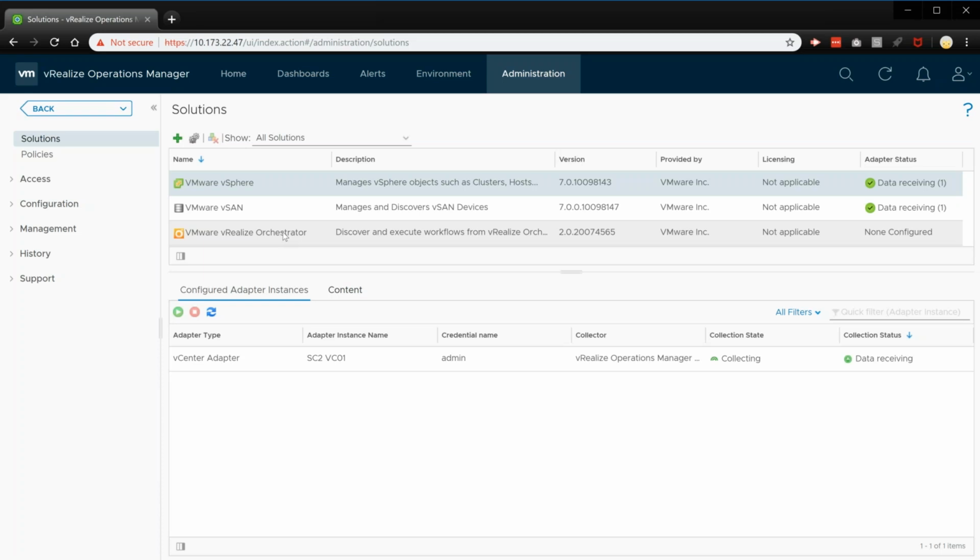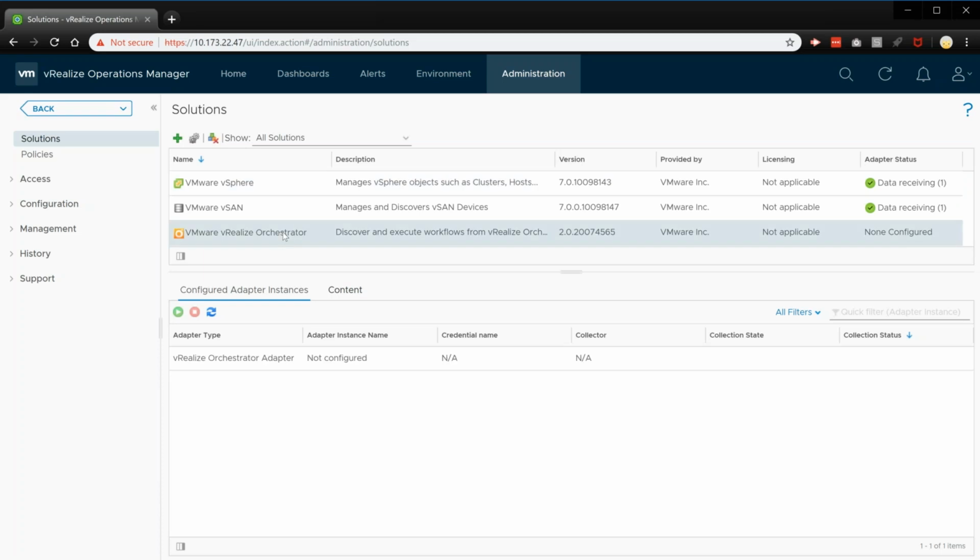I'll go to one that's already been set up, and then we'll continue on. But it's basically a solution. This is actually the 2.0 version. We released a 3.0 version, which you'll see in the other system that I have running,